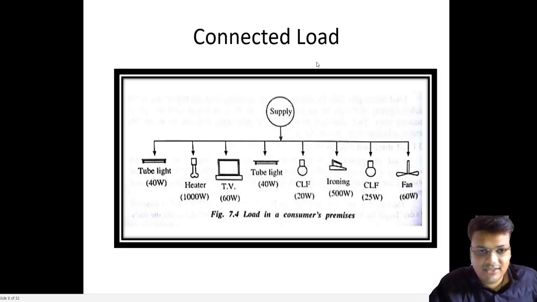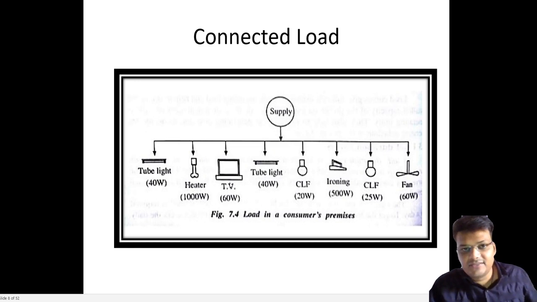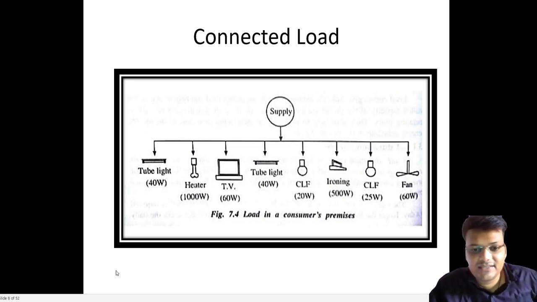So what is the connected load? Earlier we discussed that the connected load is basically the sum of all the ratings of the instruments. So simply, if I ask you for the value of the connected load to the grid, we will add 40,000 watt, 60 watt, 40 watt, and so on. It will give the value of connected load in megawatt or kilowatt, whatever is given in the question.